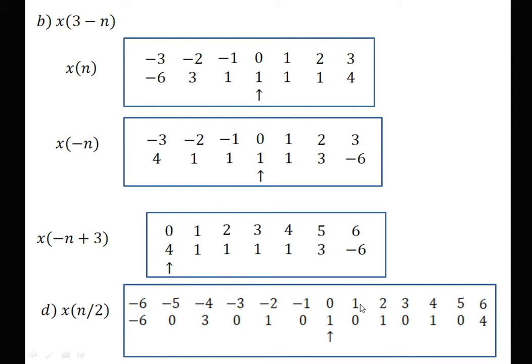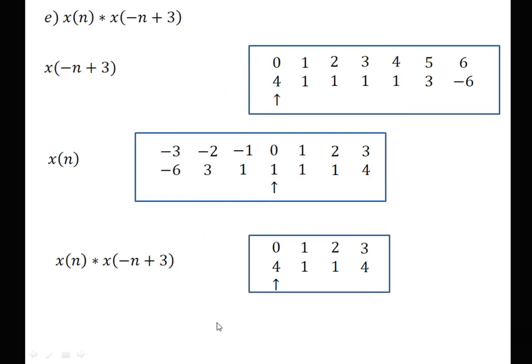At the odd position we added the 0, and at the even position we are taking the value from the original signal. So in the first video I have already explained x of n by 2 and x of 2n in a detailed manner. So this is nothing but the upscaling of the signal. So here we are expanding the signal. To expand the signal, in between we are putting the zeros. So when n by 2 is there, we require to take the original signal on the even locations, and at the odd locations we are putting the 0 values.